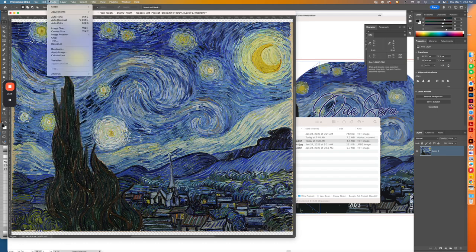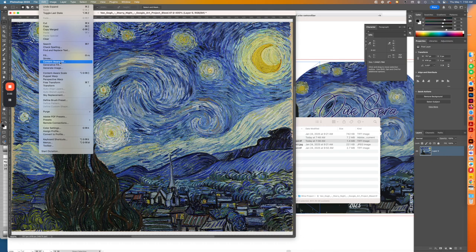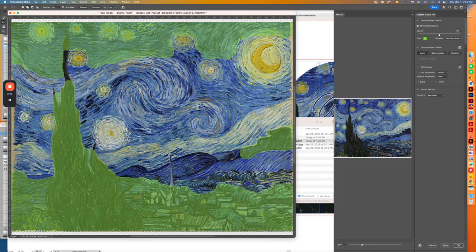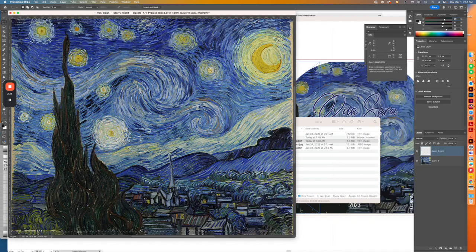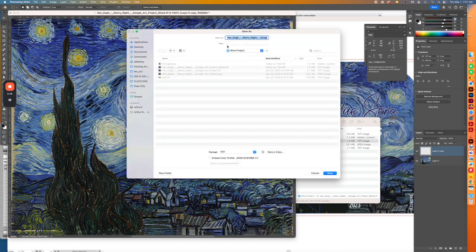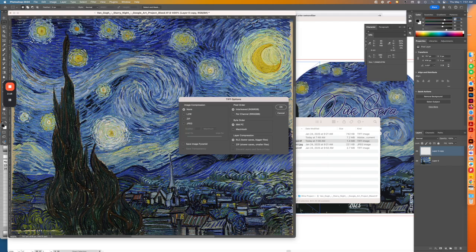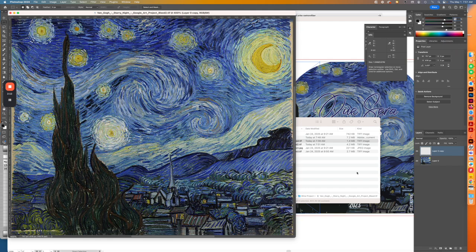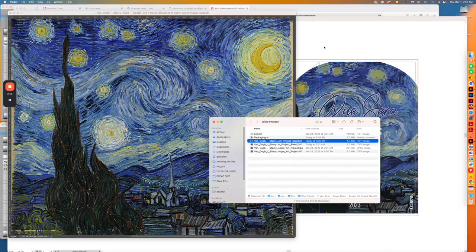And now, when I go to content-aware fill, it's going to come up with a sample for me, and then it's going to fill that with a little bit more image. And, you know, it's not perfect, but it's pretty good. I'm going to save that as bleed 2. I can bring that into my document,